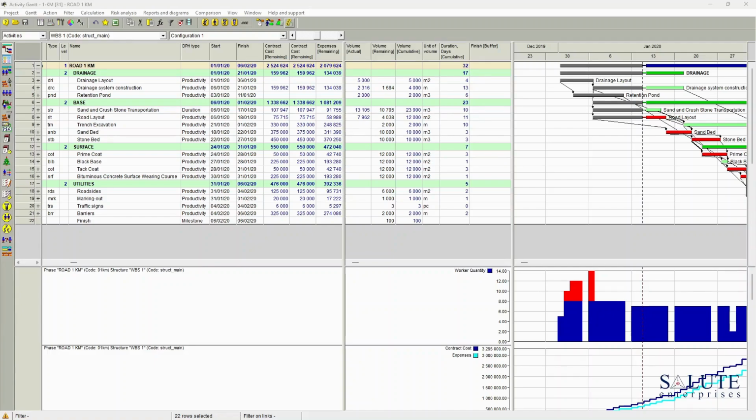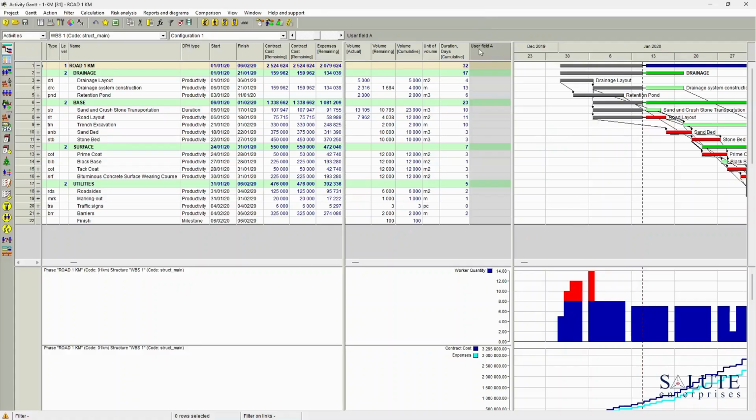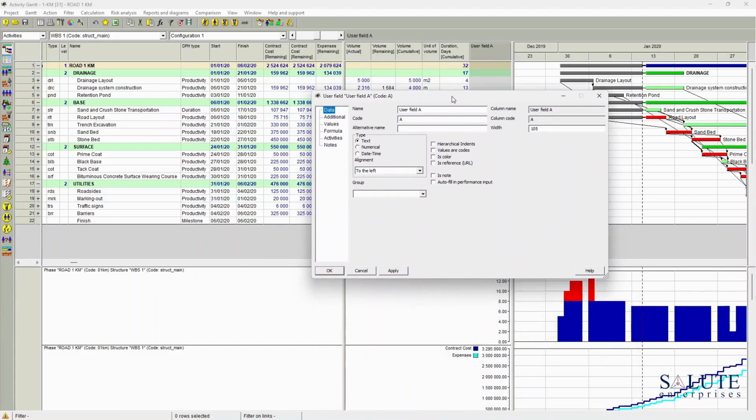Inside a project, you can set up a user-defined field and assign a formula to that. To be able to do that, you're going to right-click on the column header, go into the menu, New Field, and you can see the user-defined field A appeared in this view. So let's double-click on that column header, and now we are in the user-defined field